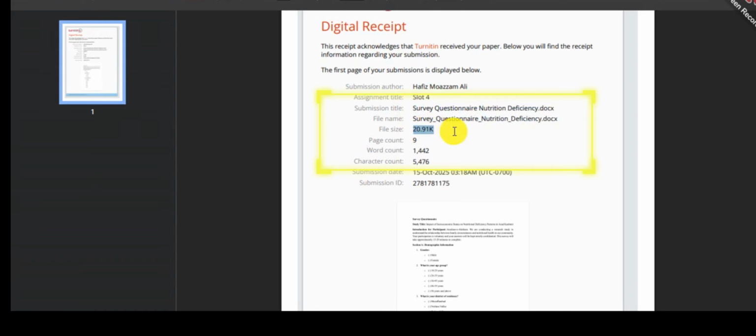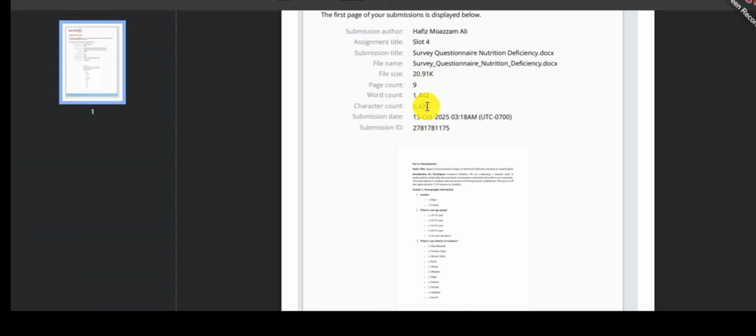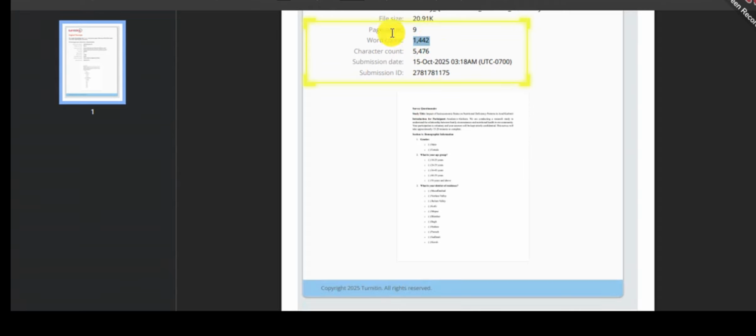Then the overall file size, and how many pages are there in your report, the page count, and then the word count, how many words in total are there in your plagiarism report, and then the character count, how many characters there are. And below that there is the date when your file was submitted at Turnitin, and then at the last your